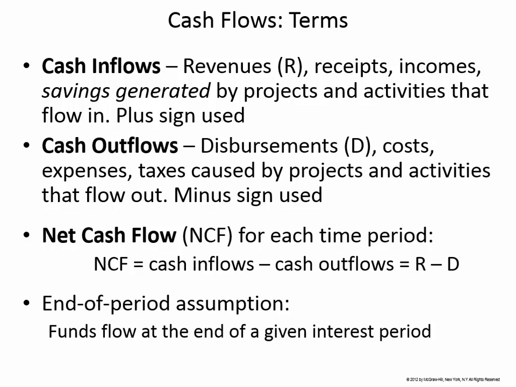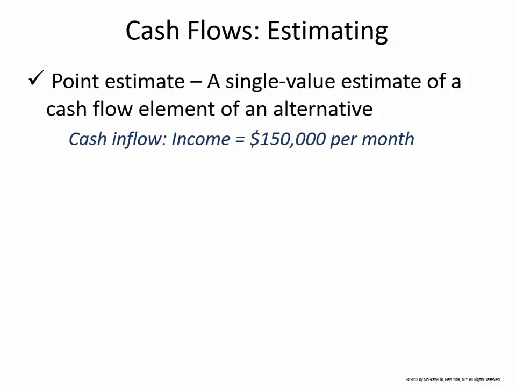The typical thing is that it happens at the end. When you have a cash flow, whether it is in or out, there are two different kinds of cash flows. It can be a point estimate, which means you have an exact amount in mind, a specific amount, and it's